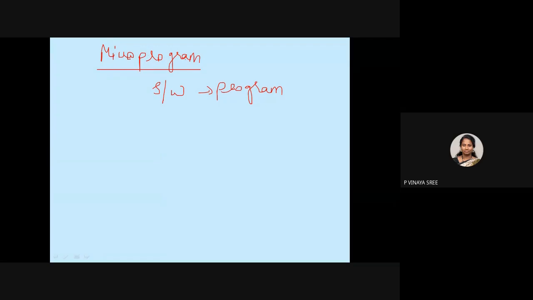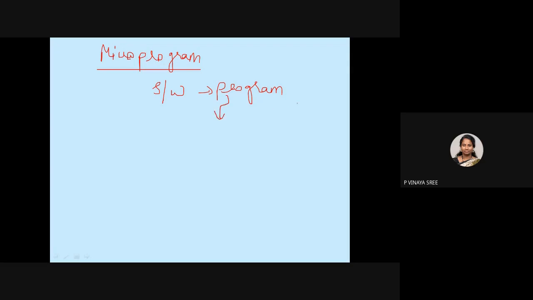A micro program is implemented using software. In this software you are writing a set of programs, and if it executes, it generates the corresponding control signals. Where is this program written?